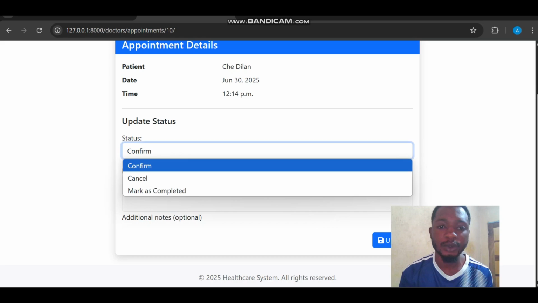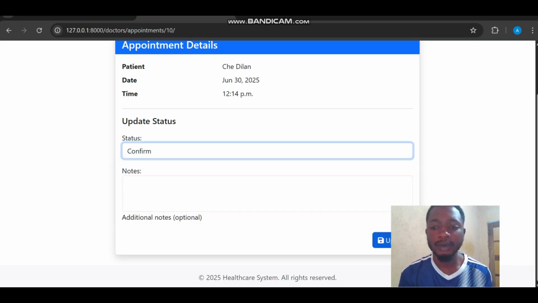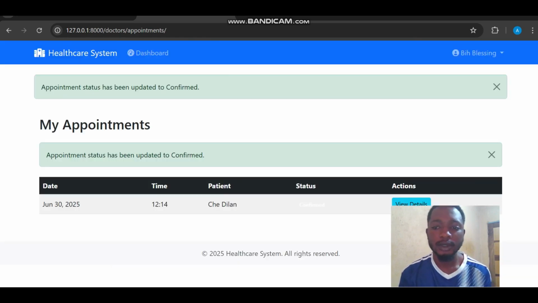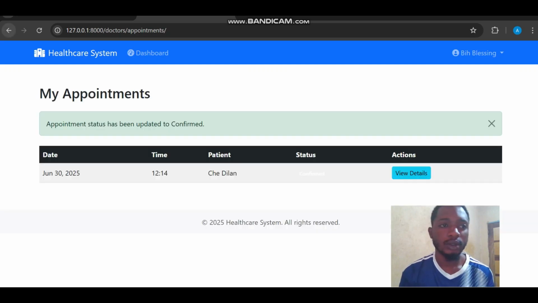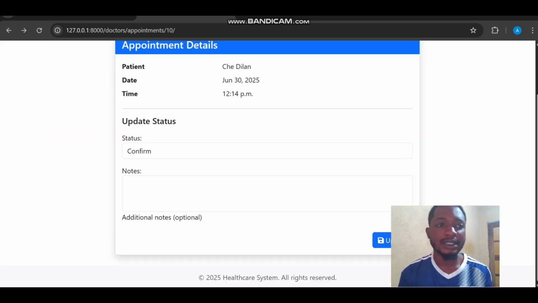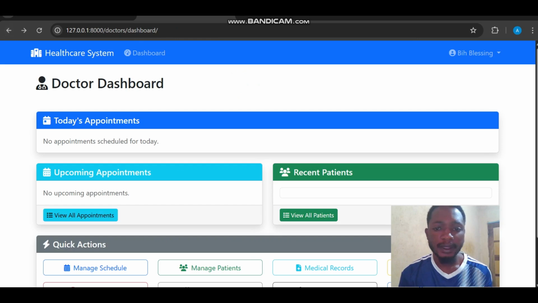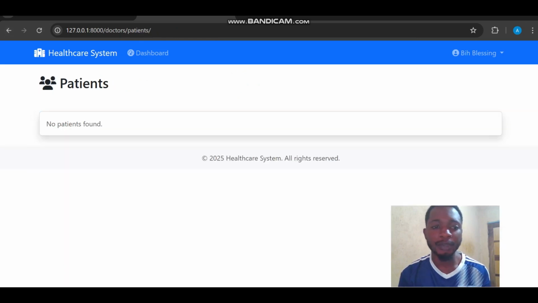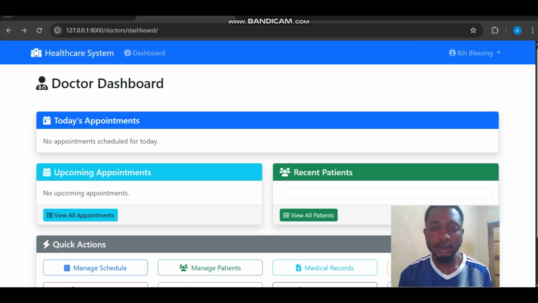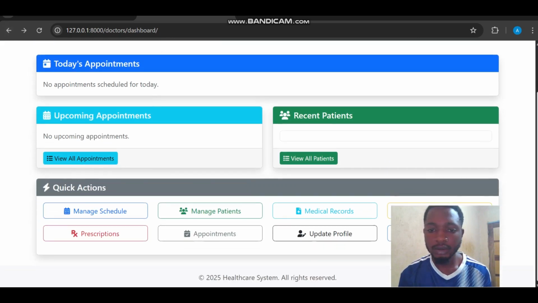But in this case, we're going to confirm. So the doctor confirms the appointment and updates. So the doctor has confirmed the appointment. Now, one thing about this aside is that when the doctor confirms the appointment, the doctor can now, if the doctor goes to view all his patients,